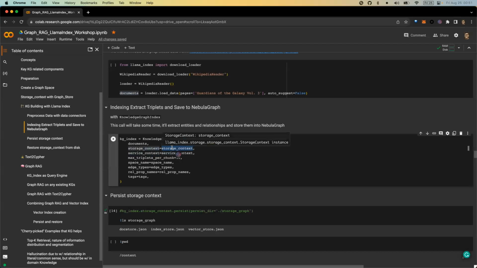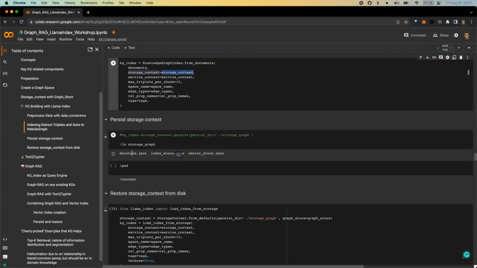So here is NebulaGraph. You can use the simple graph store, which will just read your JSON files. After this finishes, of course, you can persist. Even if you are leveraging the external storage content, you still have some content in the LlamaIndex memory. You can just persist it in a file, so later you can resume it,